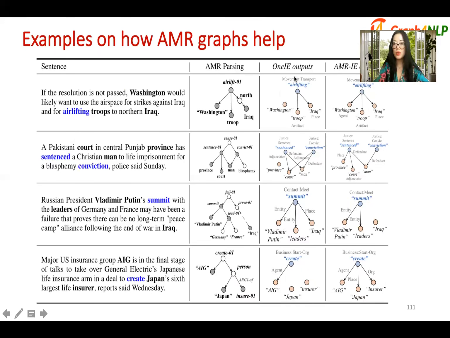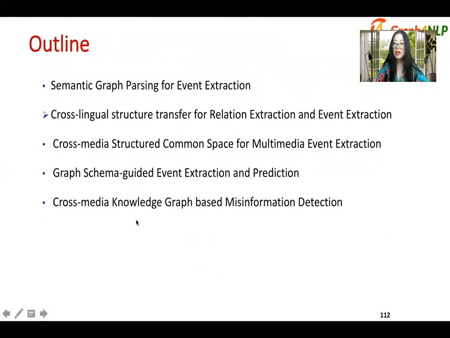So the sequence-to-graph model missed this entity as an argument, but our graph-to-graph model successfully identified this as agent of this event. And these are just some other examples. So that shows that if we have this graph encoding and graph decoding, usually it can give us better quality